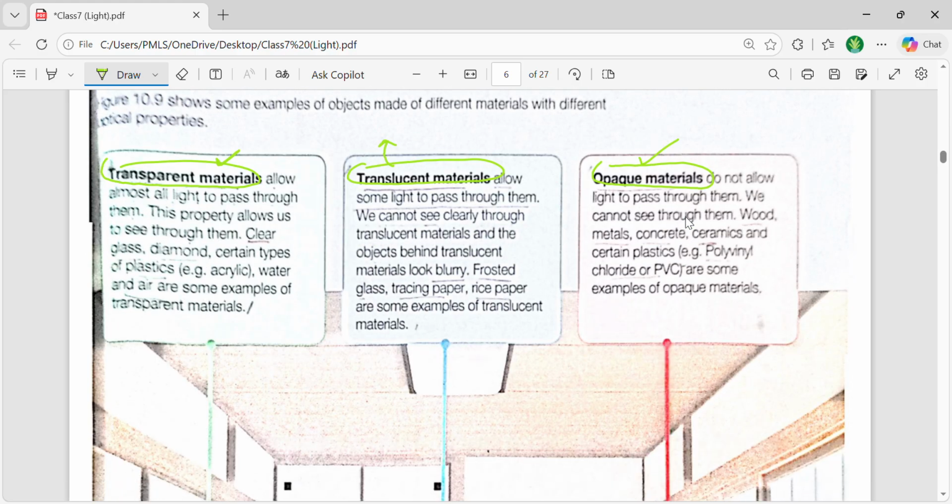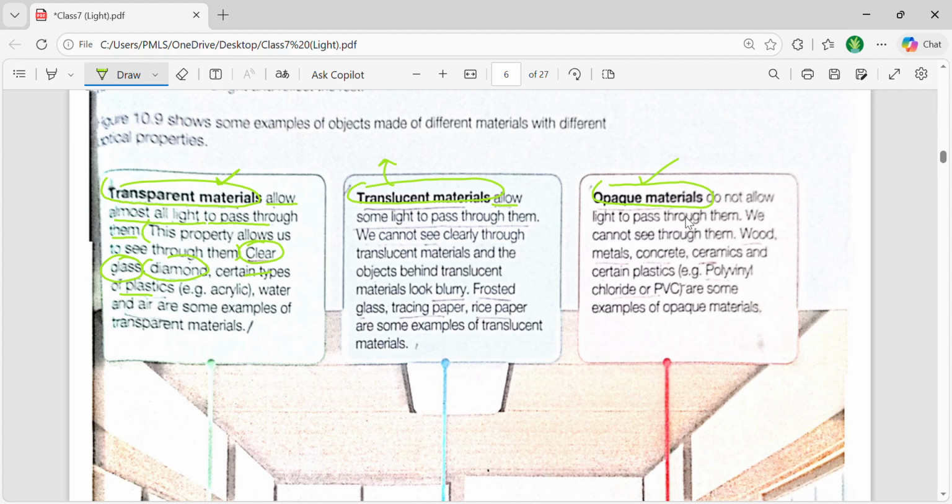So let's look at them in detail. Some of the examples are also mentioned. You did these types of material in your previous classes as well, so that's not difficult for you. As they mentioned, transparent materials allow all light to pass through, which means you can see through them. The example for them is clear glass, usually present in windows if you want to see through them. Certain types of plastics are also very clear. Usually plastics are opaque, but now you can see certain cups, mugs, and other items that are transparent as well. So it depends upon the material.